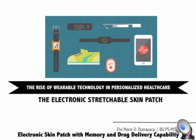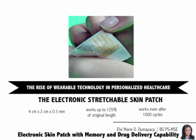This is a presentation about the rise of wearable technology in personalized healthcare through an electronic skin patch with memory and drug delivery capability. Here's a transdermal patch much like the nicotine patch but smaller and thinner. It was done in Seoul National University with researchers from a startup company in Cambridge, Massachusetts. It is a 4 cm by 2 cm by 0.3 mm patch that works up to a stretch of 125%